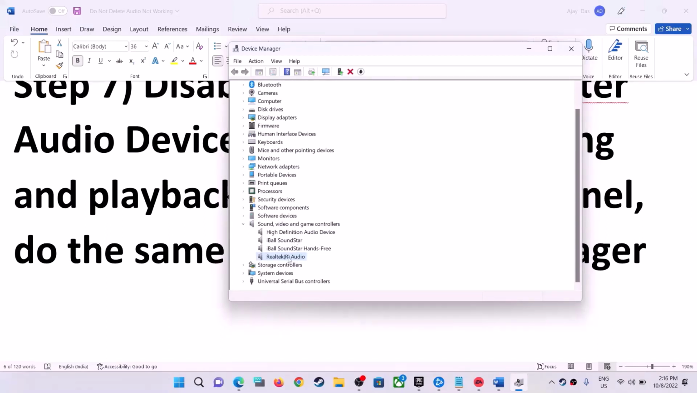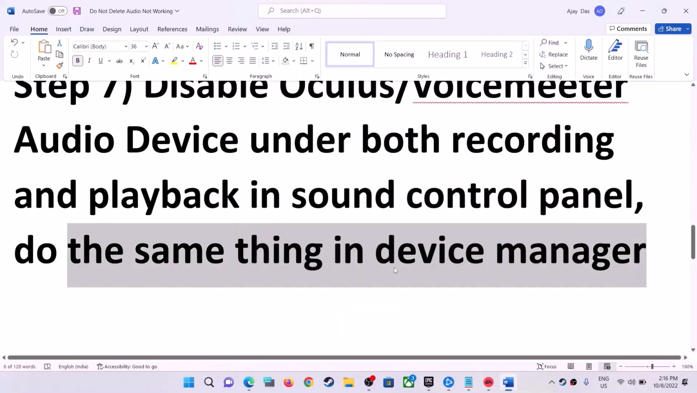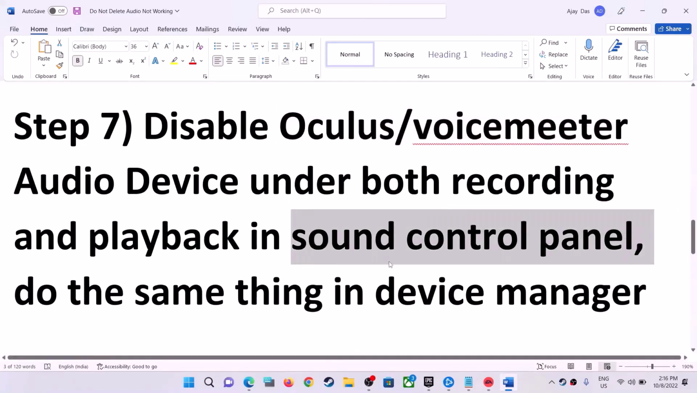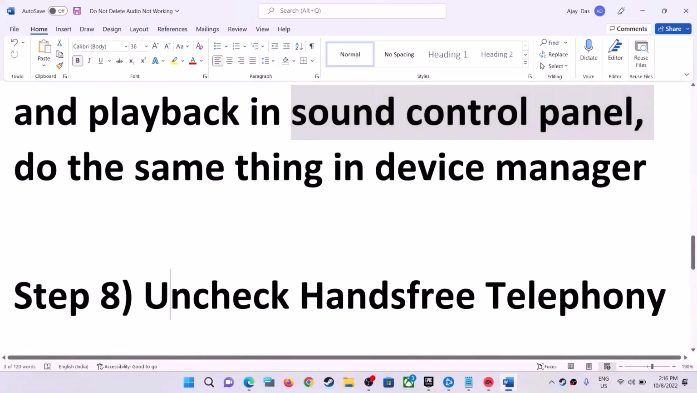You can try that. So just make sure that you do the same thing in device manager. Make sure Oculus or Voicemeeter is not enabled in device manager as well as in sound control panel. Now the next step is to uncheck hands free